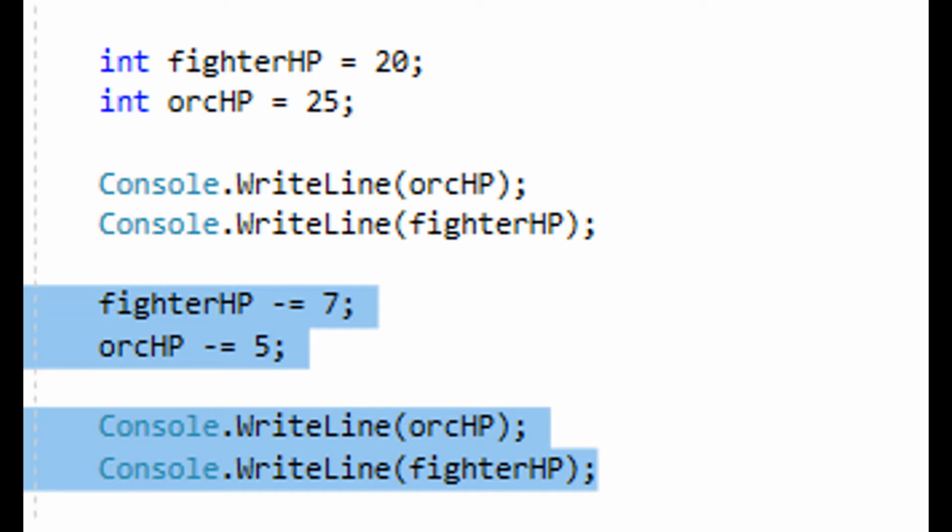Under this, copy the two lines that started with Console.WriteLine. Again, press Ctrl F5 to compile the program. As you can see, the computer will write 4 numbers. The two above are for the fighter and the orc before the battle, and the two last ones show their